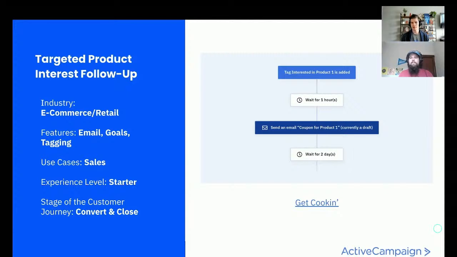One thing I love that you said here was that the industry, e-commerce, retail, we have listed here, but that's not to say that every other industry couldn't benefit from this. This is going to be a way to digitally listen to your customers, not to what they're saying, but to what they're doing, right? You're tracking their behavior, their actions, the pages that they're looking at, or the things that they're clicking on in your website, and then using that to tag them as interested in particular areas of your business. So definitely don't have to be an e-commerce business to find some value in this one.